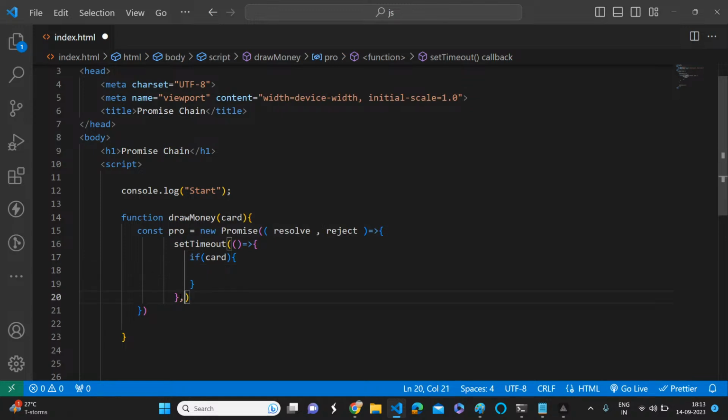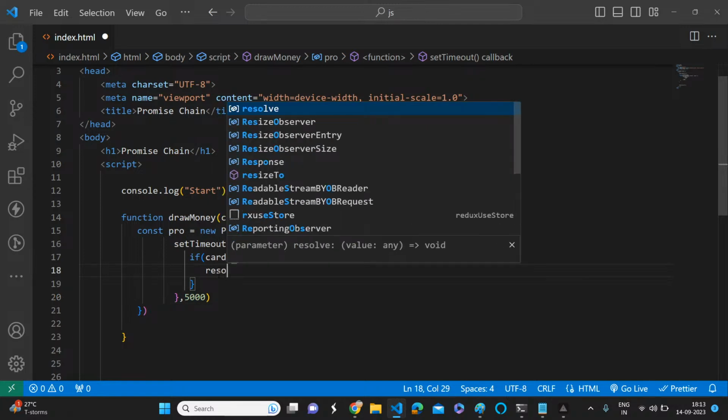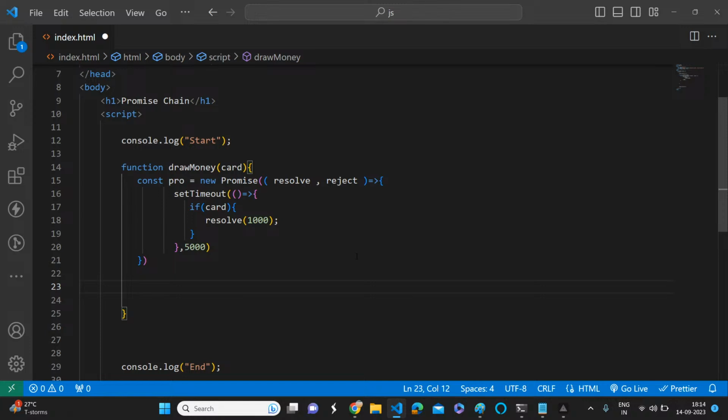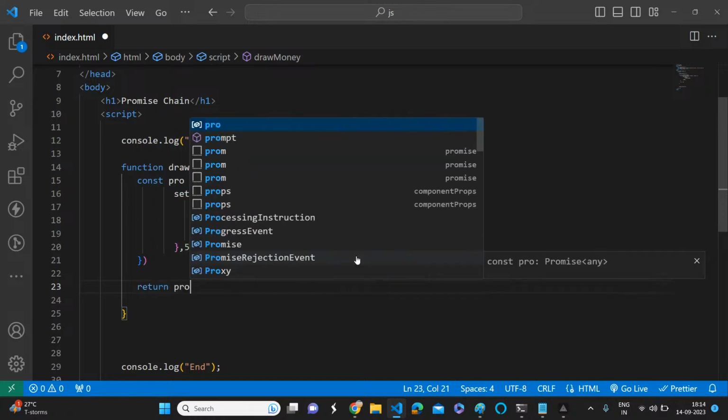So with the 5000 milliseconds delay, if we have a card we can resolve, and for example maybe we are returning 1000 rupees, and our responsibility is we should return that promise.